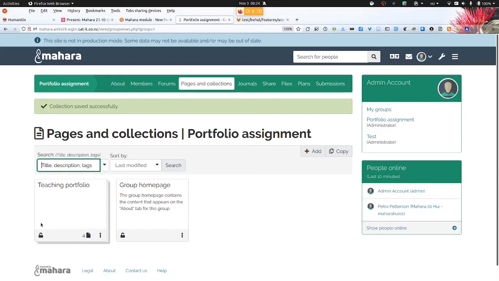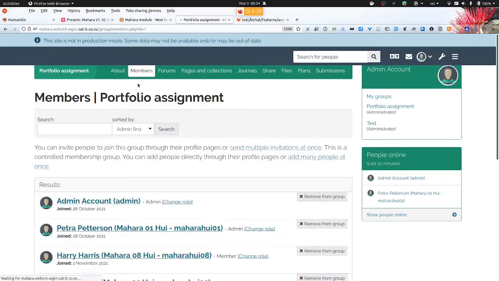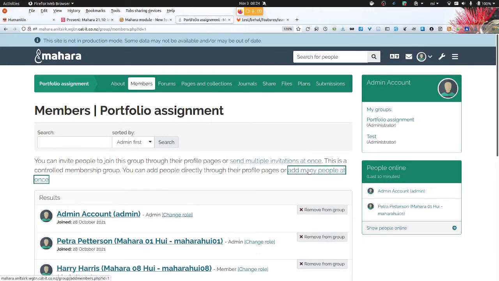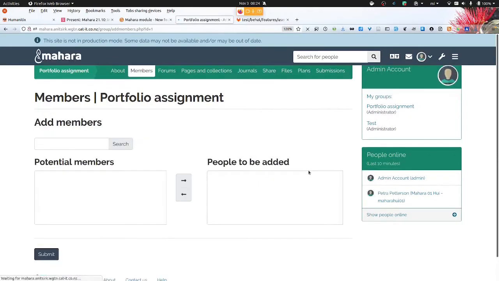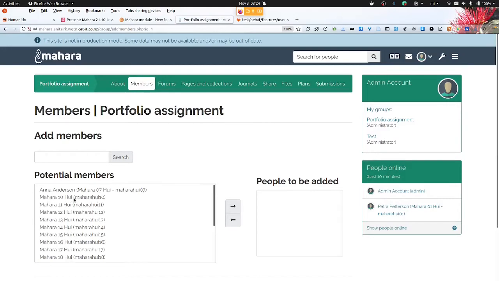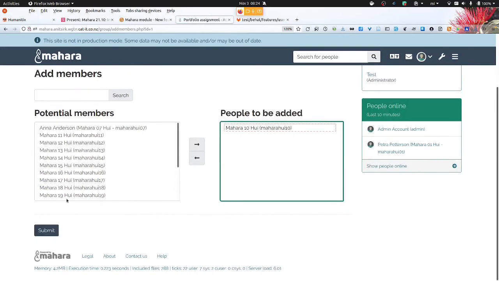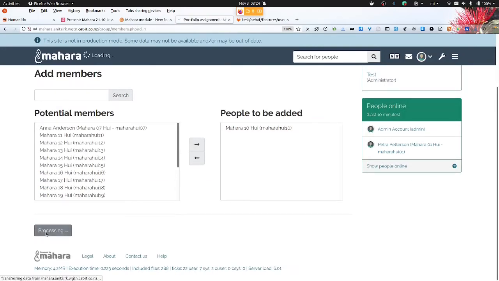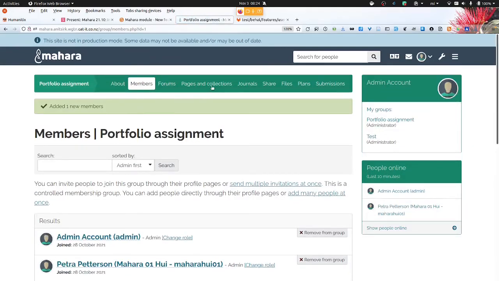So when you add a competency framework to a collection in a group, it is there really only for the template creation. So let's add a new person into my group, because everybody else has already received it.